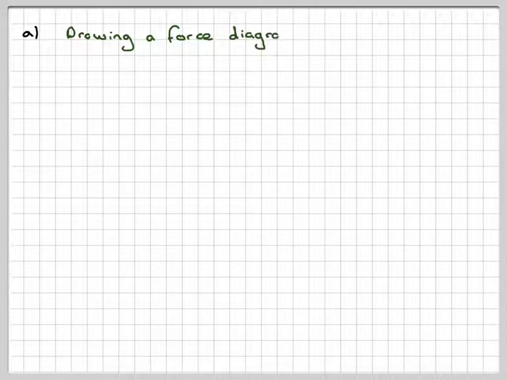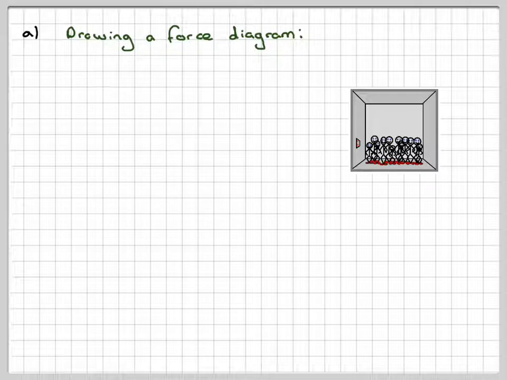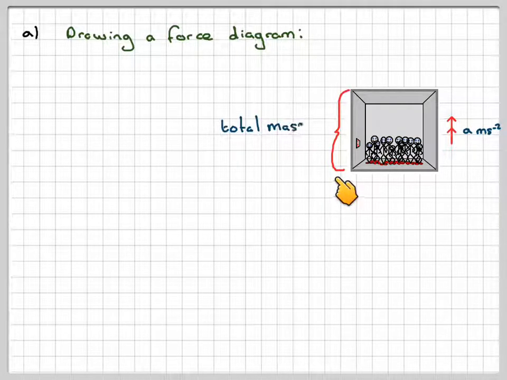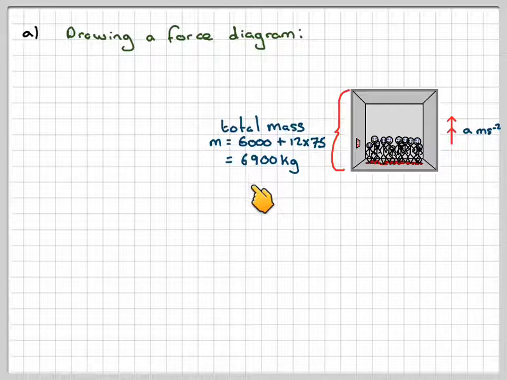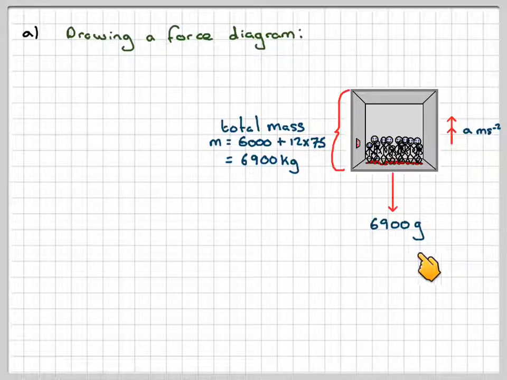Okay, so drawing a force diagram, which is essential in this type of problem. We've got our lift, and we've got an acceleration because the lift is going upwards. We have a total mass. Now the total mass is going to be the 6 tons, which is 6,000 kilograms, plus 12 times 75, because the average mass of these 12 people is 75. That gives me 6,900 kilograms. We've got 6,900 times g acting downwards, and the force upwards will be the tension, which is